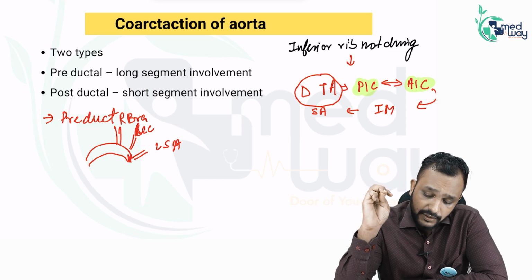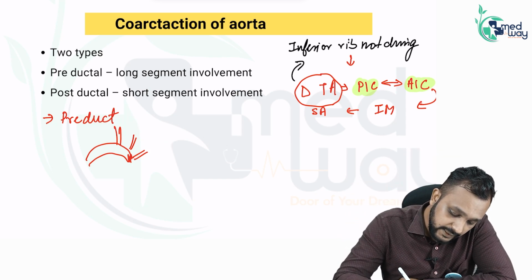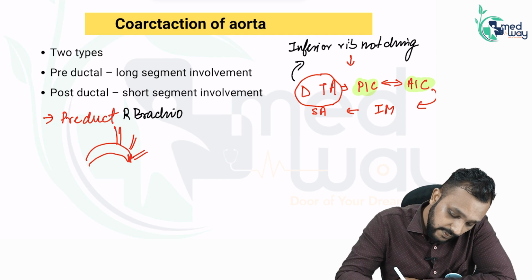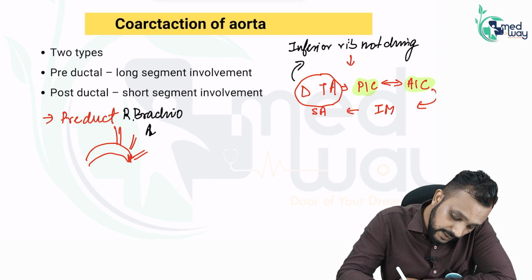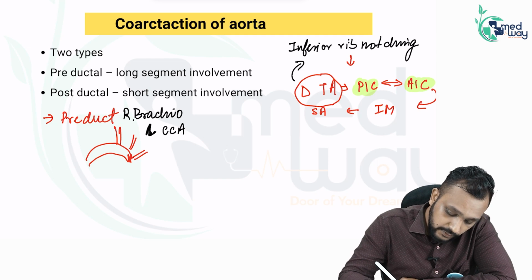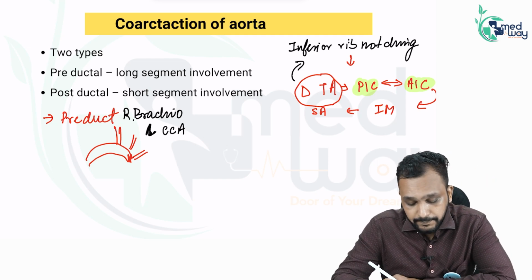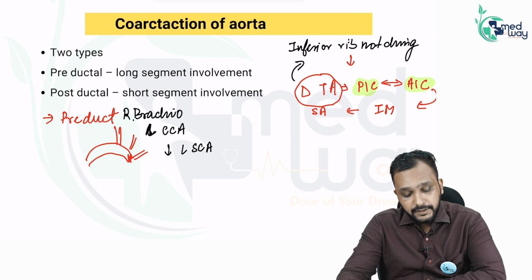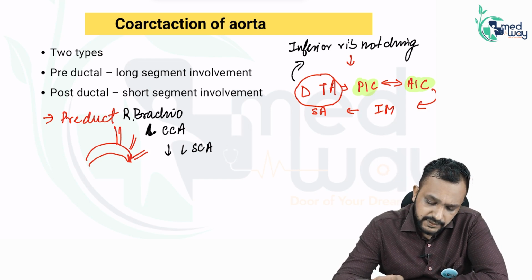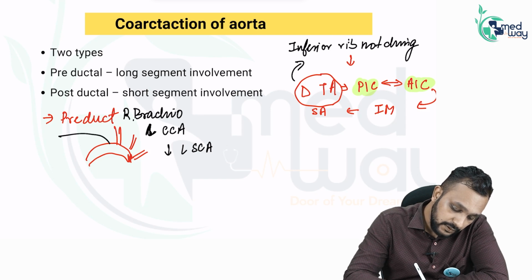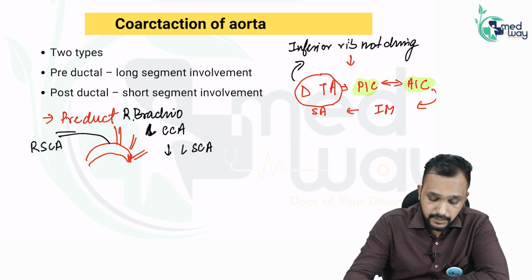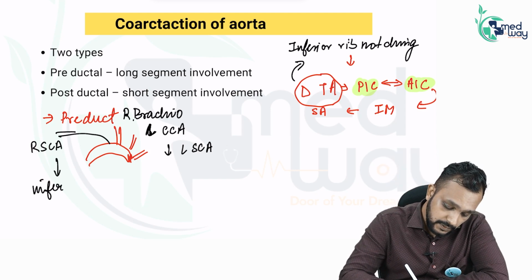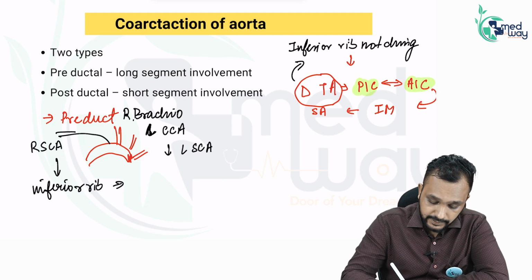We have already discussed that in preductal type, there will be normal right brachiocephalic and normal left common carotid, okay. But there will be decreased blood supply to the left subclavian artery, right? Now, what happens in these patients? You will see that only the right subclavian is normal. So, in the preductal variety, you will see inferior rib notching only on the right side,